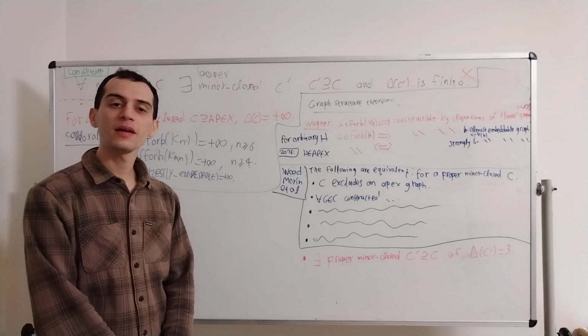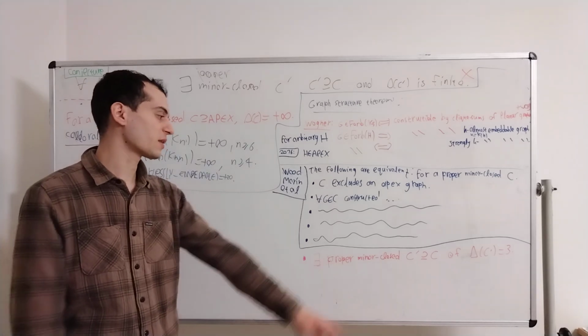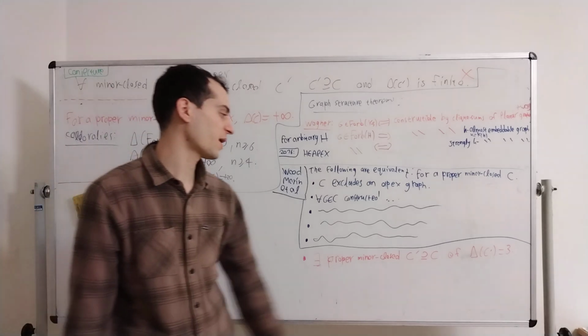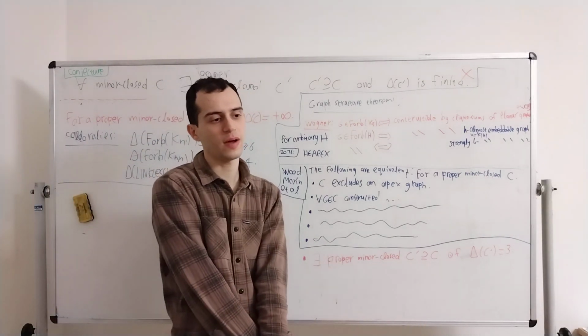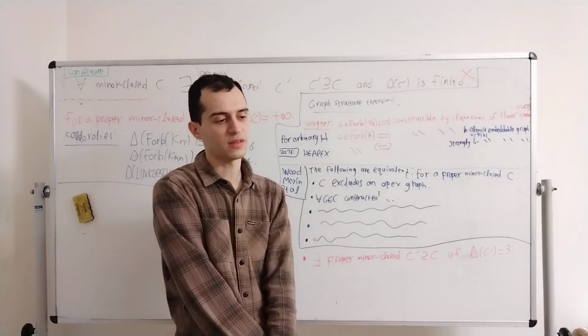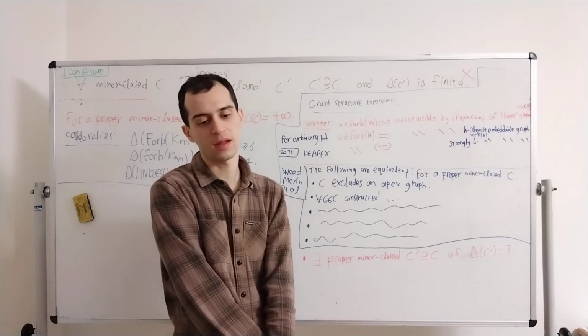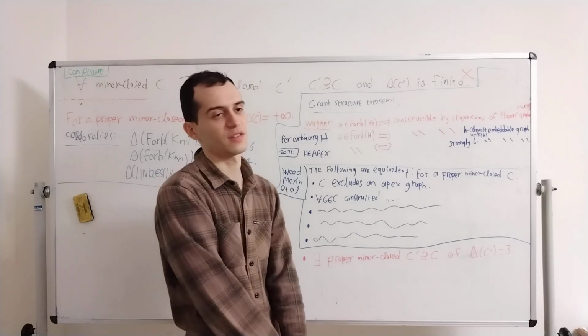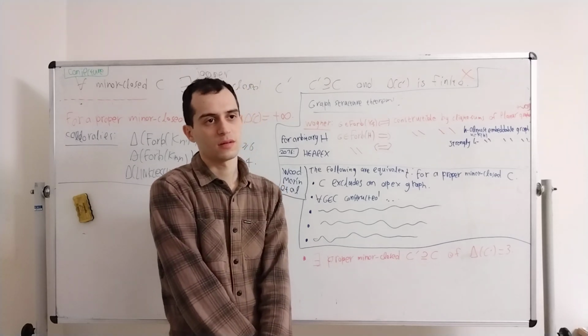Like, the other day I tried this with degeneracy instead of delta. So, you know, you define the delta of a set, you could define the degeneracy of a set, or the layered tree width of a set. You just take the same definition and